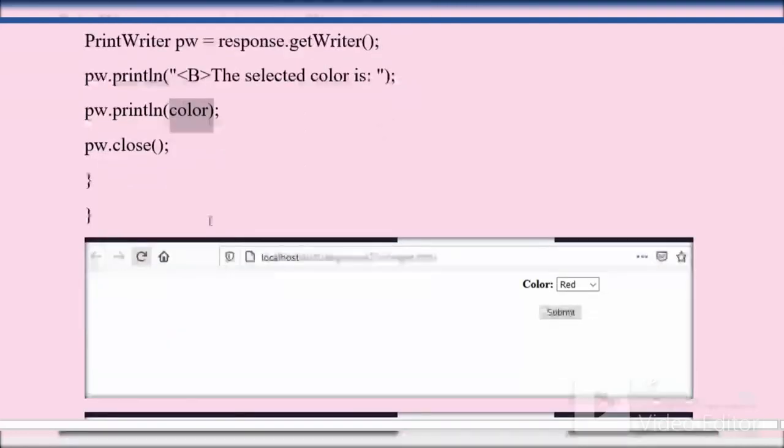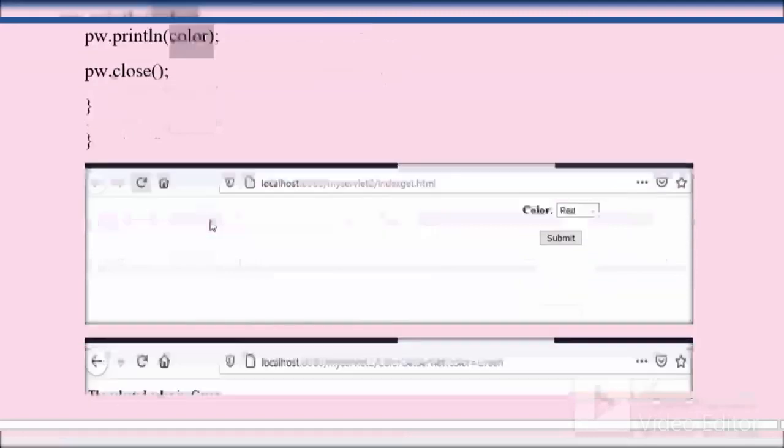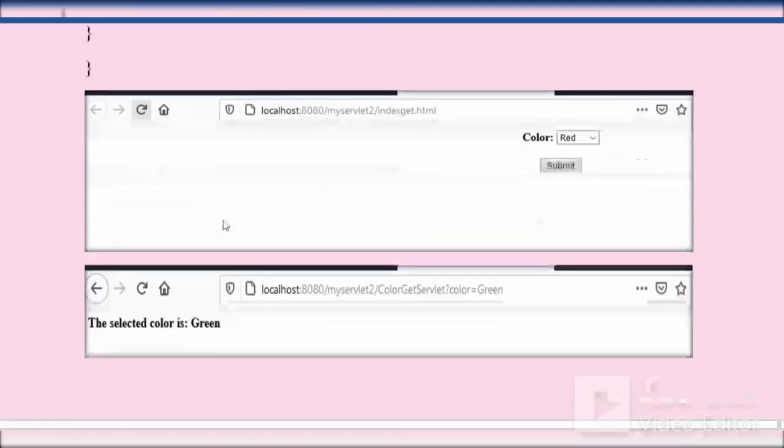So this is the output of the get method. Now how is the output of get displayed? See, when you select any color, red, green, blue and click on submit, that value is sent through the URL. You can check the second output address bar: color is equal to green.